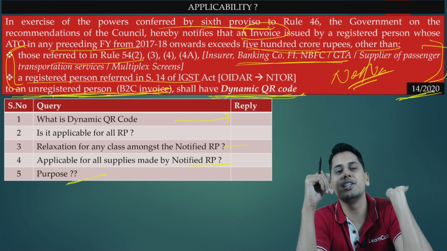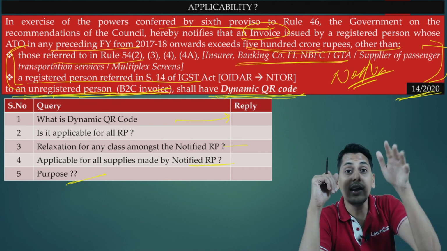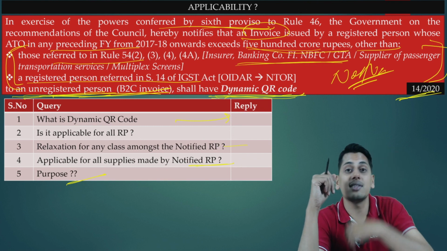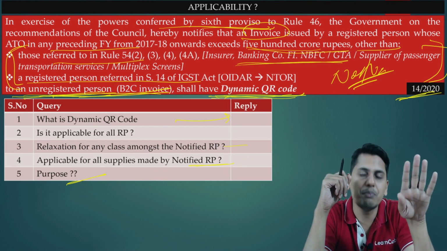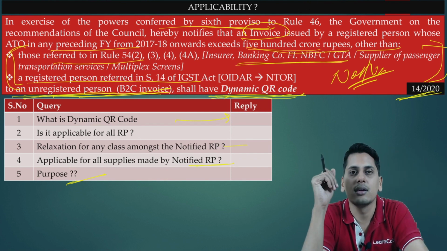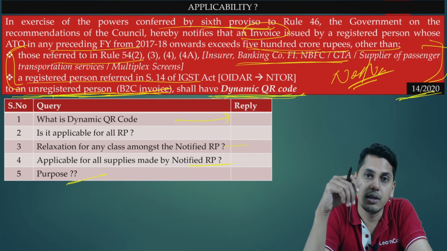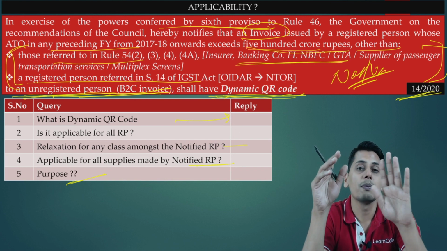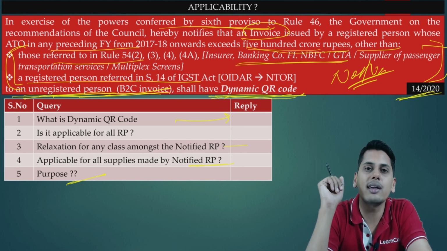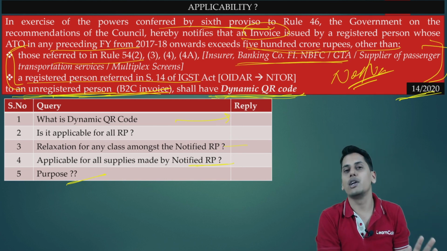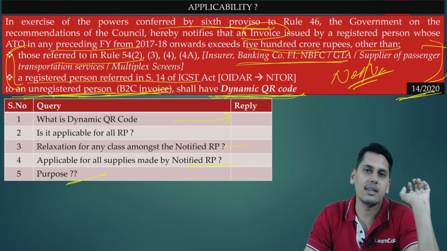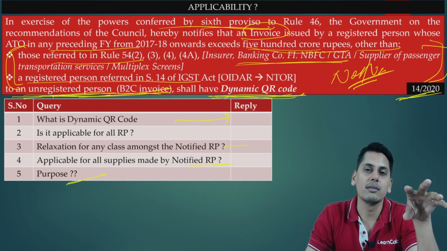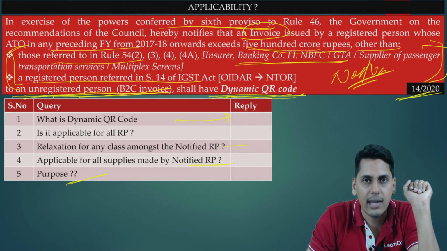Here, encourage digital payment facilities. When you encourage digital payment facility, what happens? The end user makes the payment using digital payments. He electronically discharges his invoice. Whatever he is supposed to pay against his invoice, he is electronically paying it. So the moment the amount is coming into a bank account, now the trail is created. It would be difficult for this type of supplier to evade the taxes.